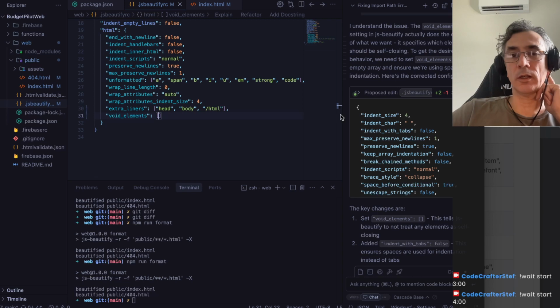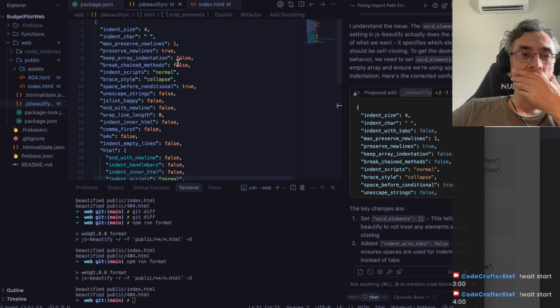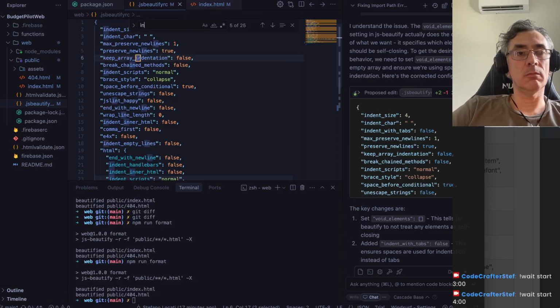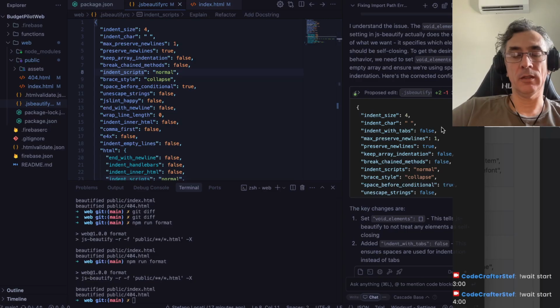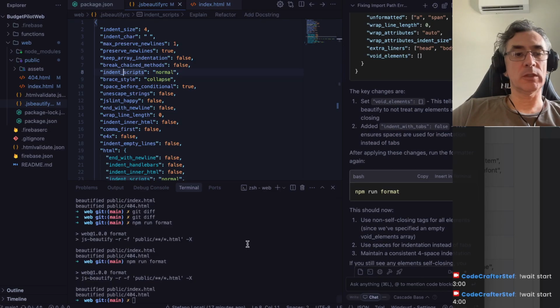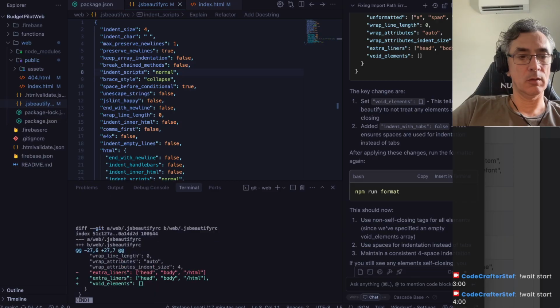Here is the correct configuration: indent with tabs, false. I didn't have that. Right. Should I apply? All right, so let's